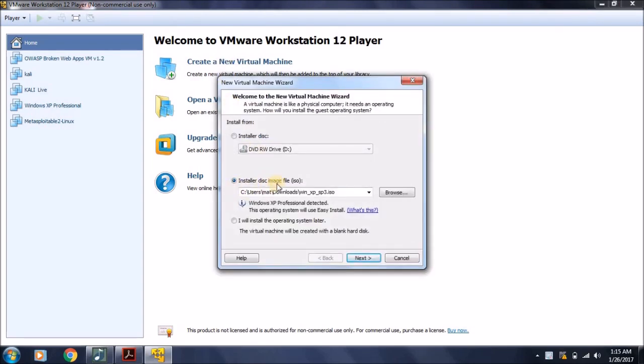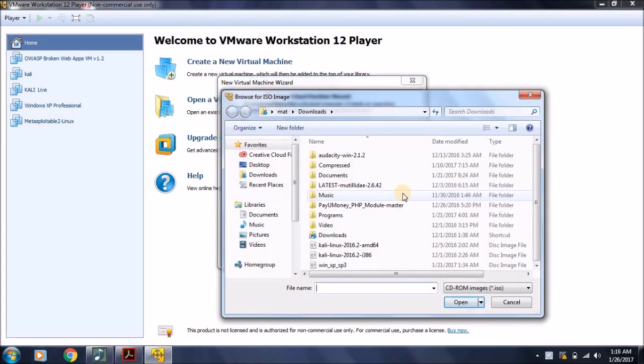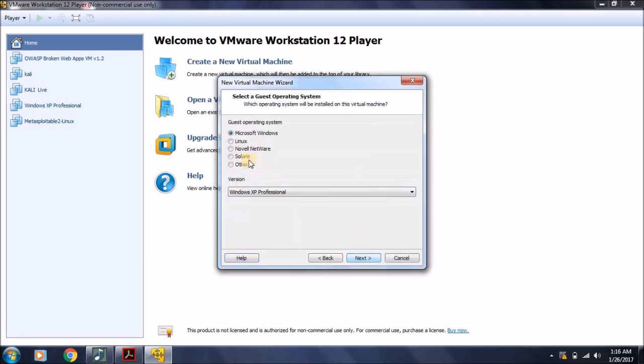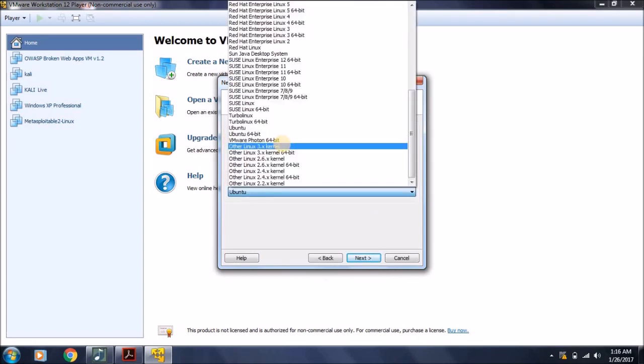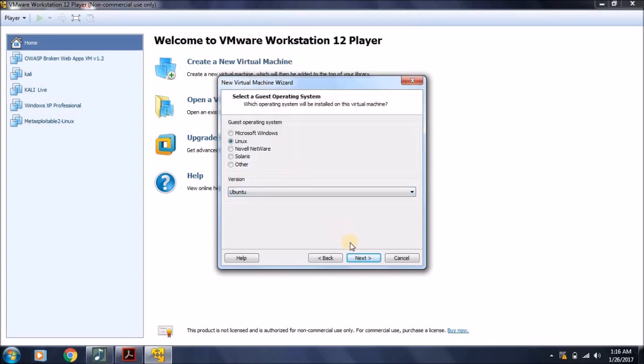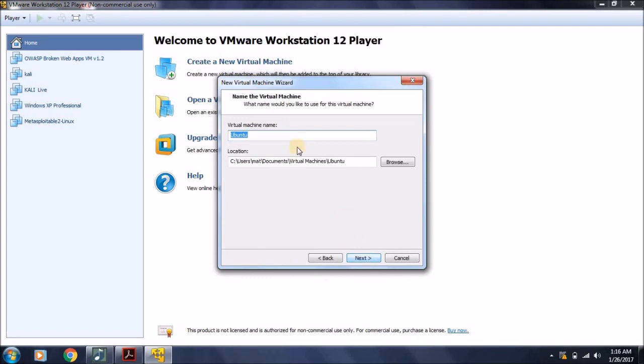You can type the installer disk image file and select the ISO file downloaded from kalilinux.org. I have downloaded it for myself. Click OK and open. Now click Next. Select the Linux, Ubuntu, next, type a name for it,